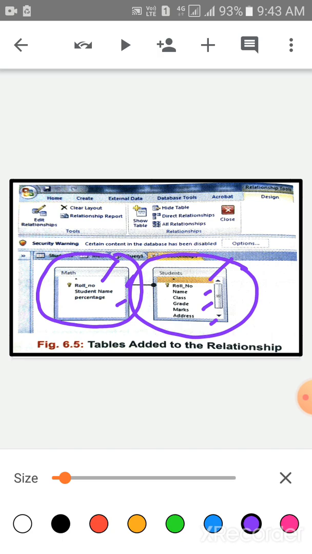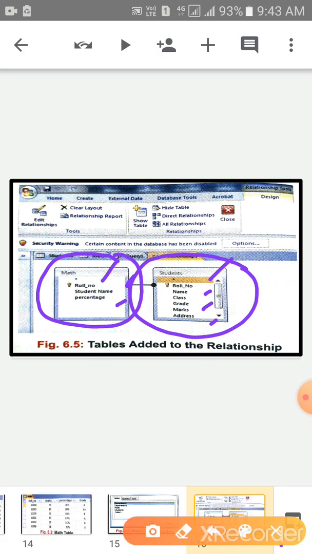Okay, you can add them according to their relationship. Okay children? Children, these are the options available: hide table, direct relationship. Okay.